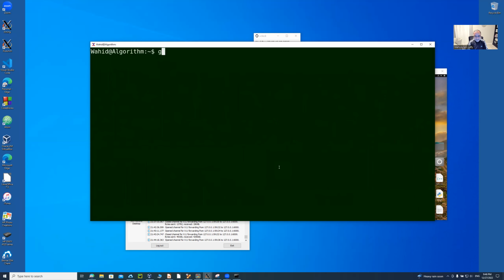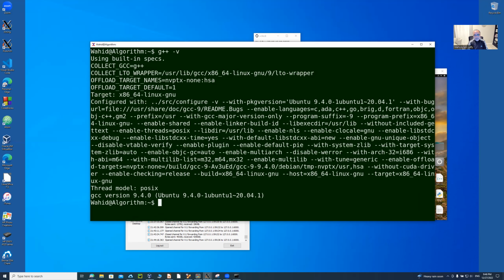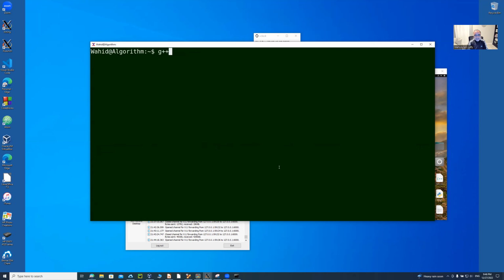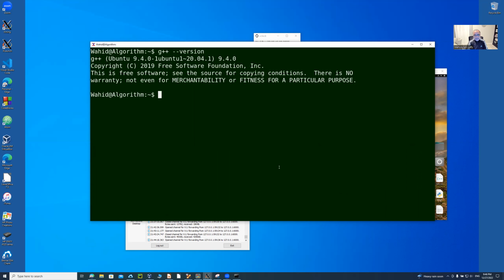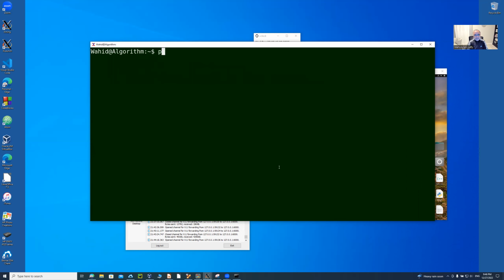Similarly, if you want g++ -v, then that would show the GNU compiler collection. And then g++ --version is also the same thing, showing you, and version 9.4.0 is there. And then in addition, like python --version, python3 --version, you can get the version, or